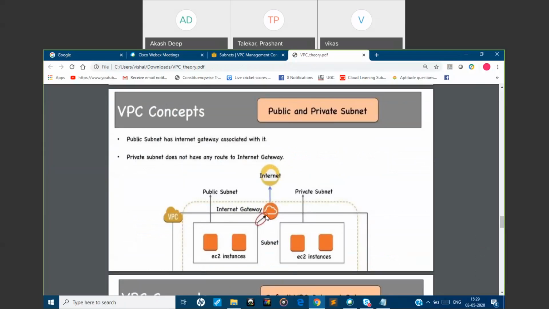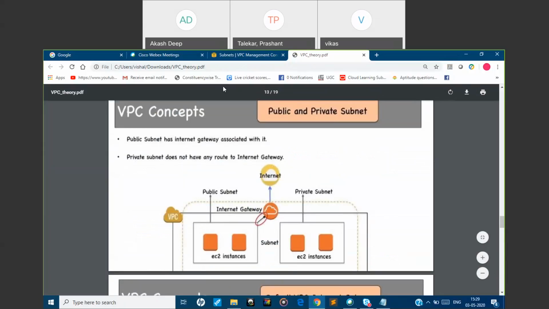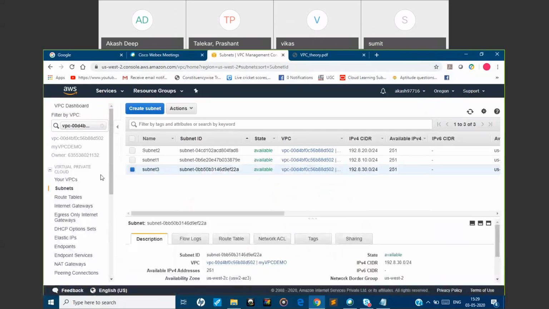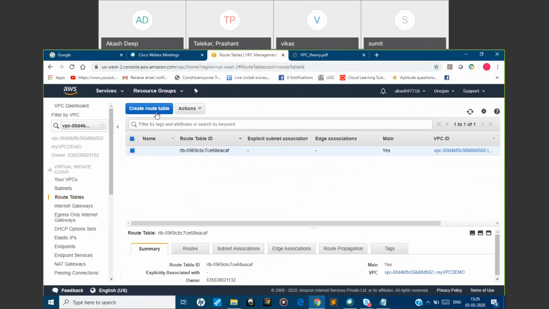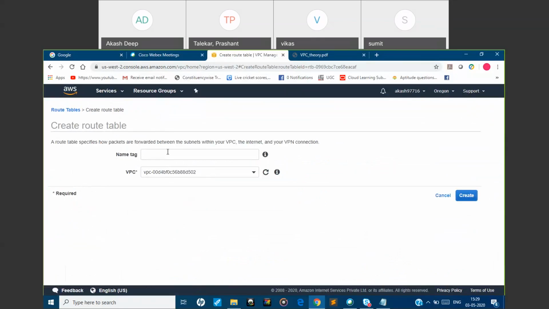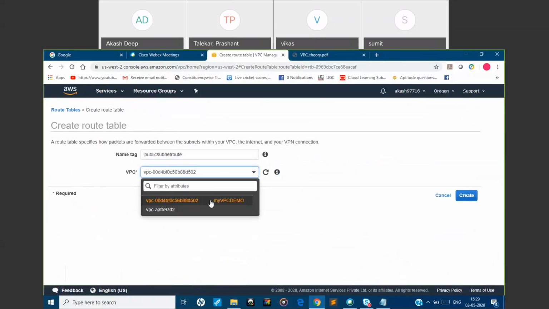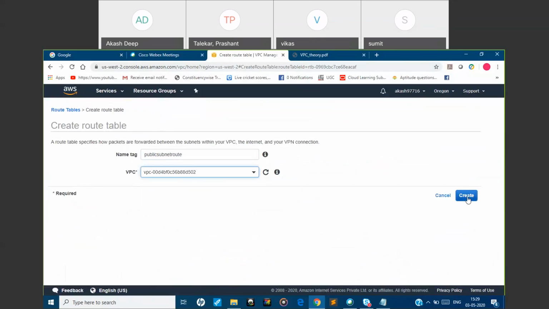To do that, as I told you yesterday, we need to configure something called a route table. Just go here, go to route tables, click on create route table, give the name public subnet route, select the VPC and click on create.